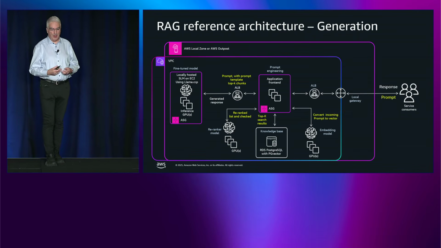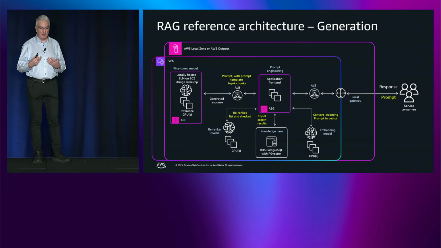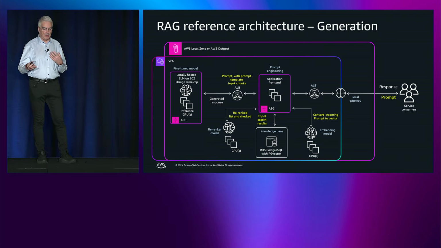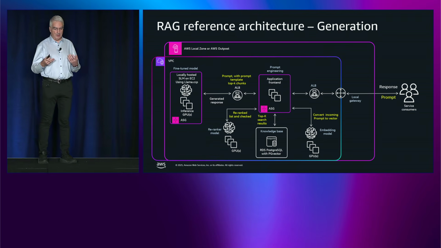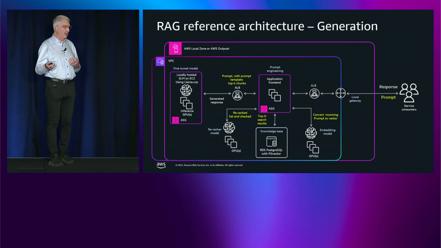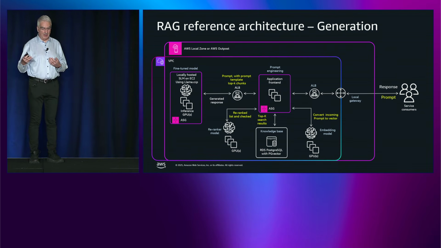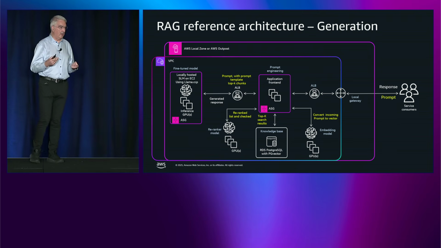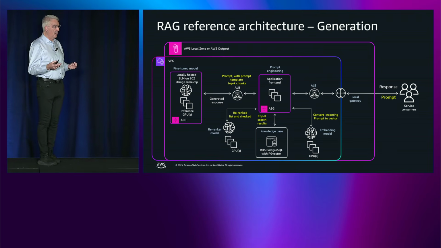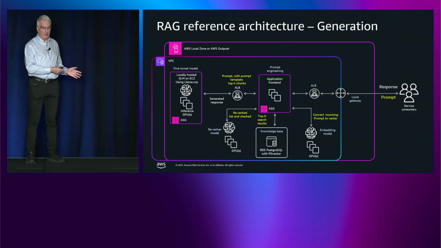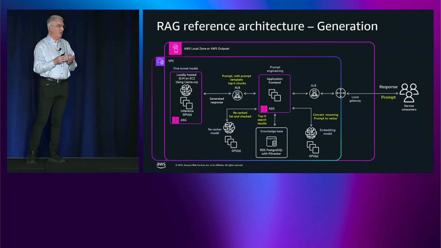So then, once you have the system up and running with the RAG database, consumers come in and they issue a question or a prompt. That hits our application that does the prompt engineering, etc. Then it sends the prompt to an embedding LLM, or SLM, I should say, that basically creates a vector. That vector then is used to do a top K search. In our case, I think it's 25. We've got as the output, so it gives the nearest 25 chunks that it has in the database to the query.